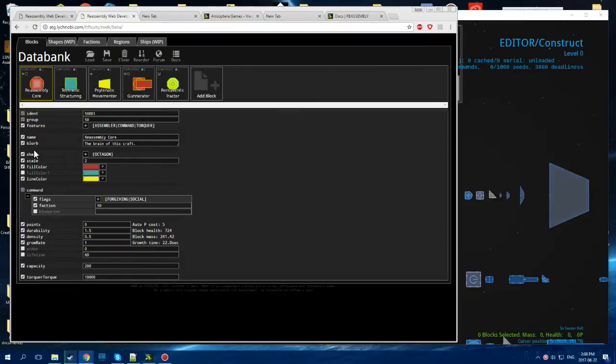Obviously, the command core does no regrowing itself, but when it's built at a factory, that's how quickly it'll take to build. So we might actually want to put that at like a 5, for example. And this is honestly quite a chunky construct. By the way, the gun